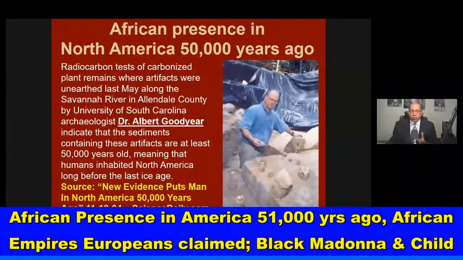So these Africans were the Khoisan, who have the oldest DNA on the planet. They're the short-statured Africans. They go all around the world. They're the ancestors to the Ainu and Atwa, and they were here also. This is Dr. Albert Goodyear. He's a white archaeologist from the University of South Carolina. This article from ScienceDaily.com on November 18, 2004, is entitled New Evidence Puts Man in North America 50,000 Years Ago. This talks about his discovery. Okay, ScienceDaily.com, they have all types of archaeological discoveries, scientific discoveries, etc. there.